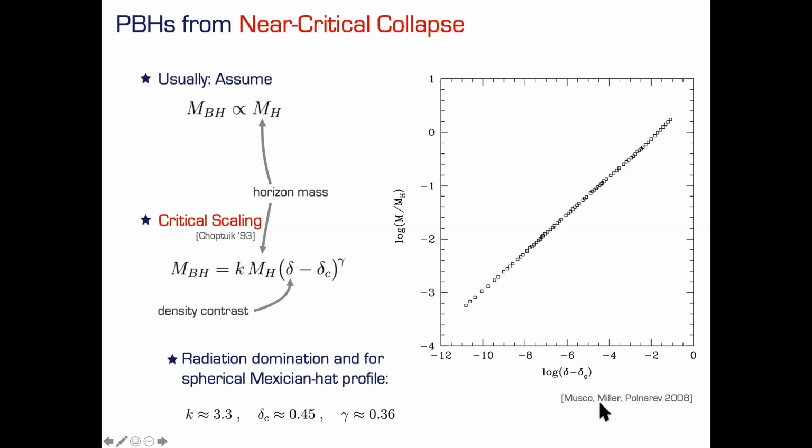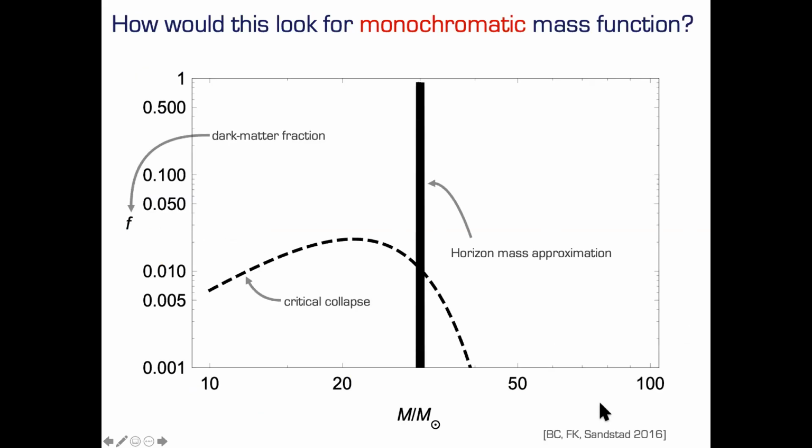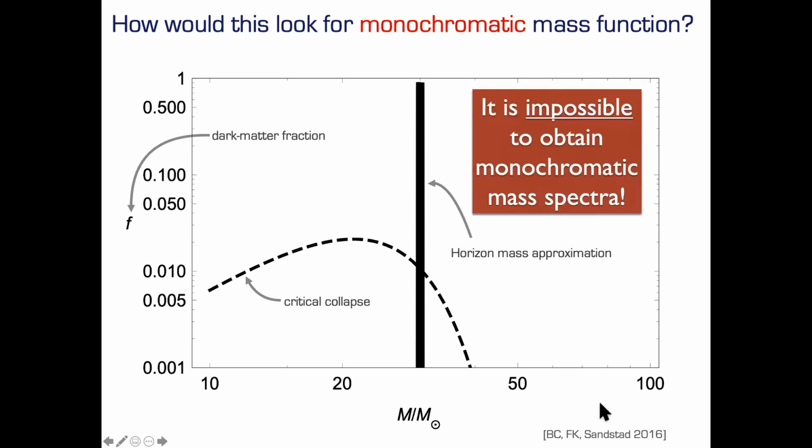This leads to the conclusion that it's basically impossible to obtain a monochromatic mass spectrum. Monochromatic means a spectrum that has just one mass. Even if you start with just one single scale that collapses, which is not so realistic anyway, you would get a broadening. This broadening can work against you and run into very steep constraints, which are active on the low end of the spectrum, but it can also help you because it pushes the spectrum down and spreads it out, going under the carpet.